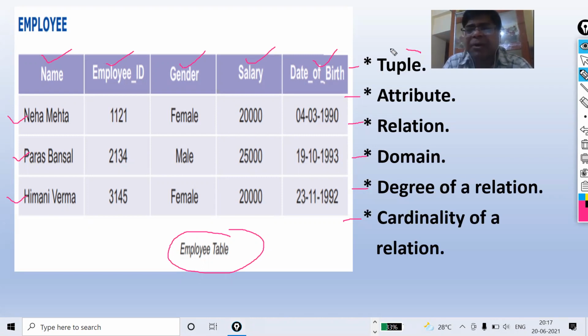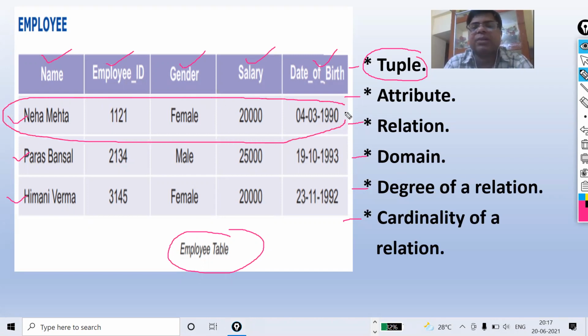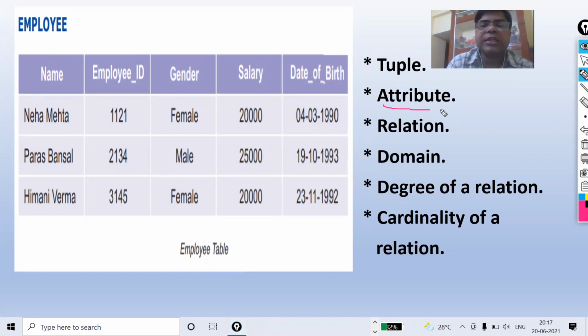What is a couple? Yes, it is a row that is called a couple. If I'm talking about this one, this is your couple. Got it? Next one is attribute. Attribute is the column, that is name, employee ID, gender, salary, date of birth.